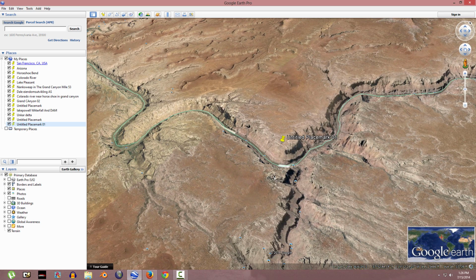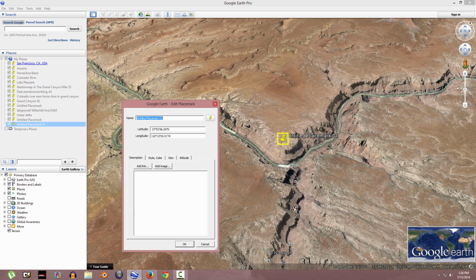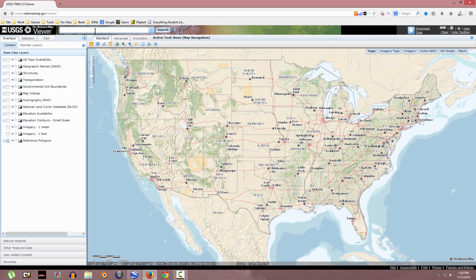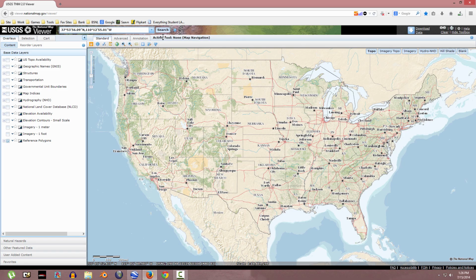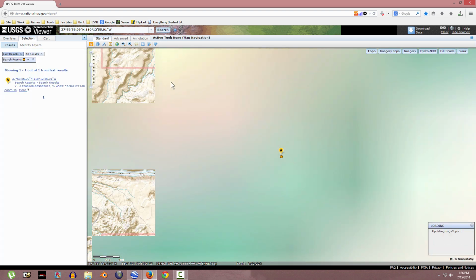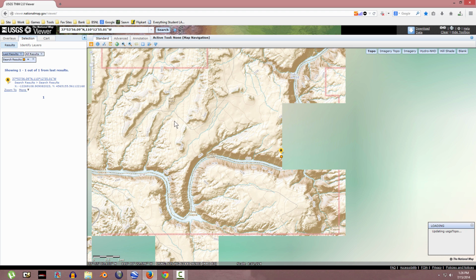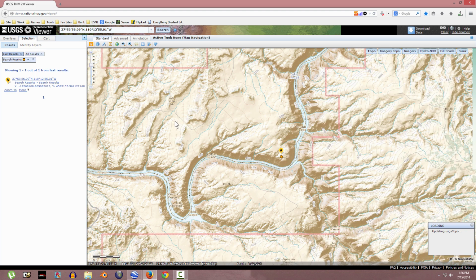what we will do is go to Google Earth and right click on the placemark we have finalized, and then copy the latitude of that location and paste it into the search bar of the USGS map toolbar, and then place a comma, then go to Google Earth, copy the longitude of the same location, paste it there, and then click search. After searching, you will be directed to the exact location of the Google Earth place which you want to download, and then after that click imagery,